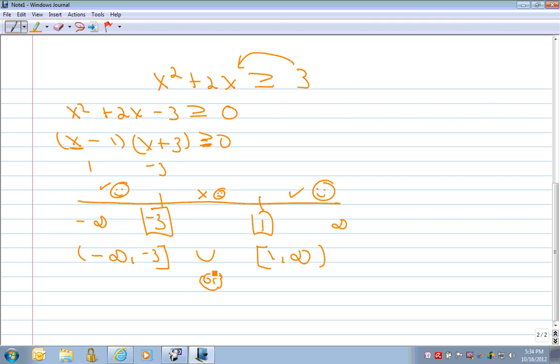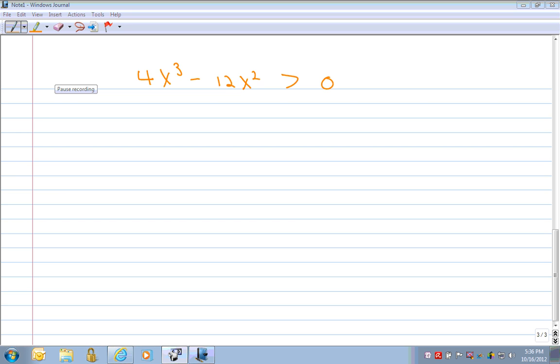Okay, we're going to take on another example. Our next example gets just a little bit more complicated in the numbers, but not a lot, and we want to take a look at these. Again, we're going to find our critical numbers, and to do that, we're going to do some factoring. I see here we have a 4 and an x squared in common, so we're going to extract a 4x squared,